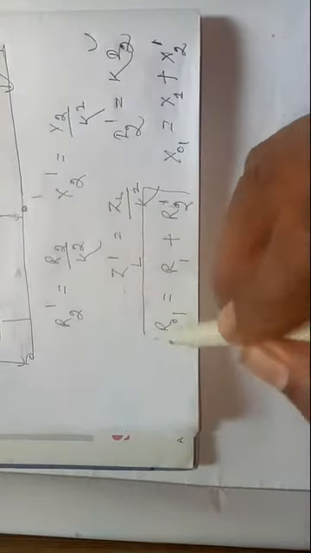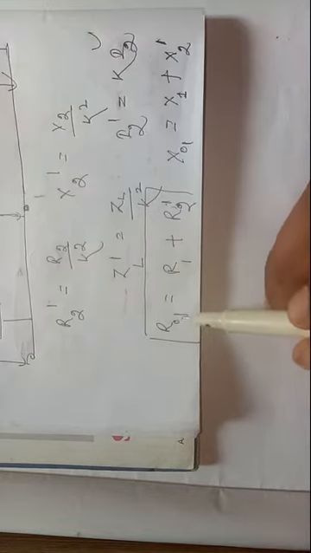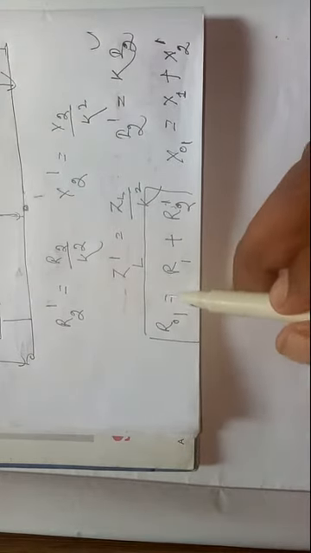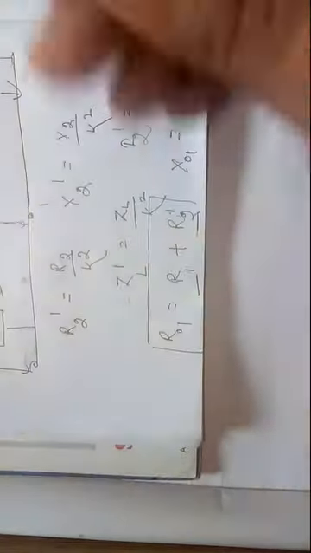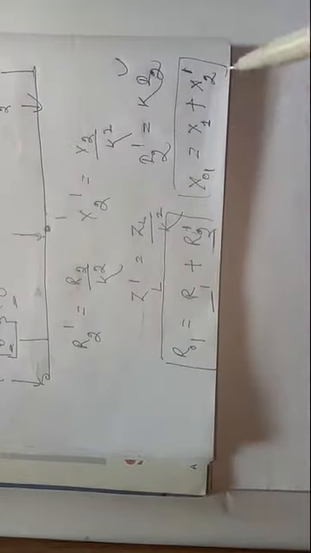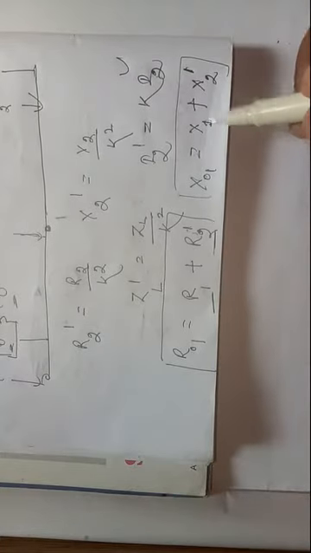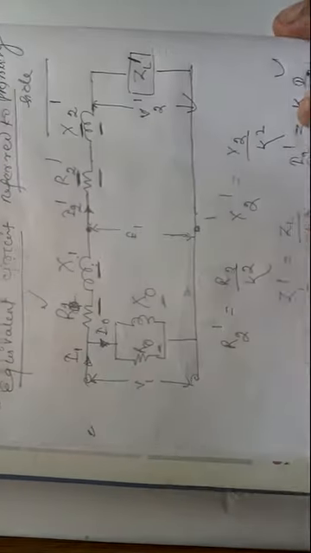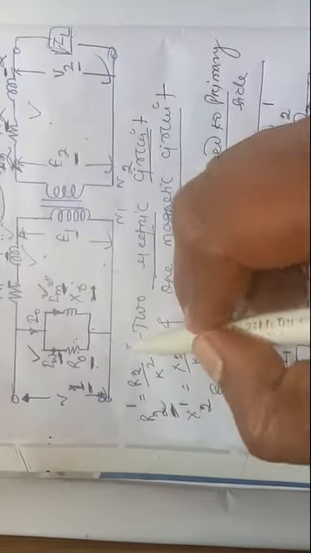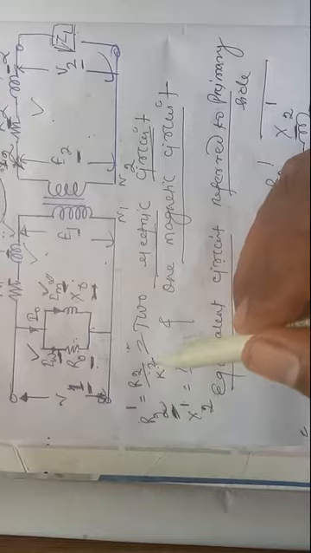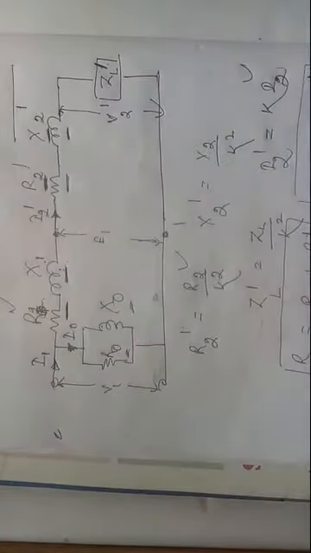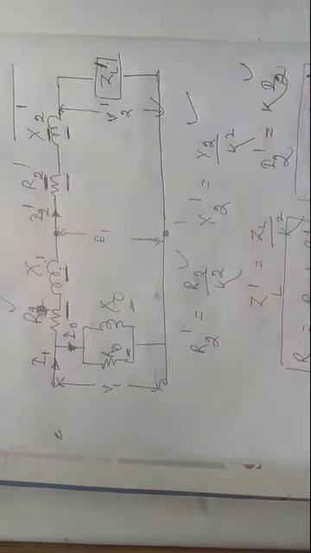Okay, so now the total resistance here became R01, total resistance R01. So this is equal to R1 plus R2 dash, own resistance R1 and secondary resistance shifted to primary. Similarly X01 is equal to X1 plus X2 dash. As I told you earlier, when the secondary resistance is shifted to primary, k square is divided. So I have written here R2 dash became R2 by k square and X2 dash became X2 by k square.